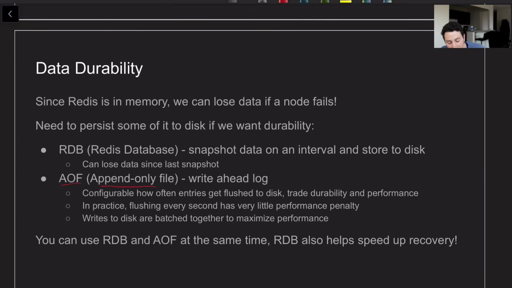And then another option that they have is called RDB, short for Redis database, and this is basically, every 5 minutes or so, snapshot the entire data set and store it to disk, and that way you can do backups really easily, or if you fail over, instead of having to replay this entire massive write-ahead log, which should be compacted but could still be fairly large, you restore from the snapshot and then maybe apply any write-ahead log entries that you have. So you can use both of these, you can use only one, you can use neither of these,